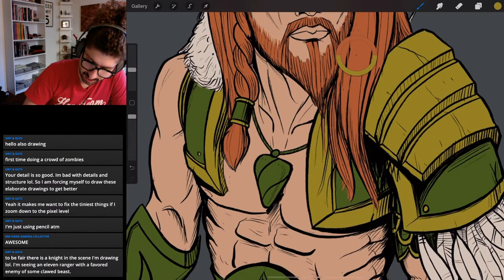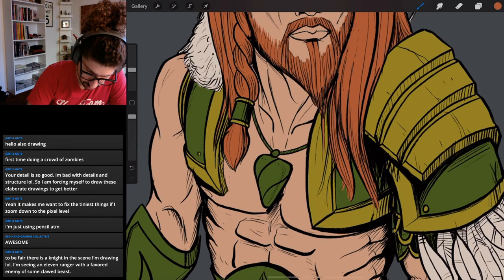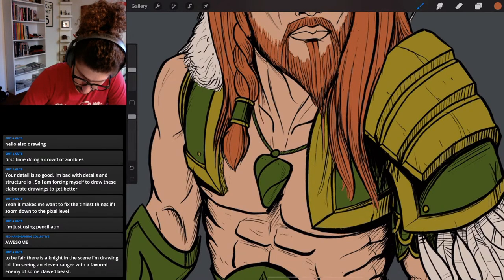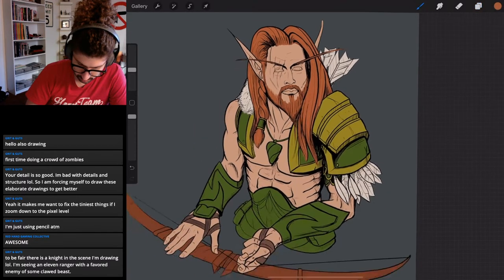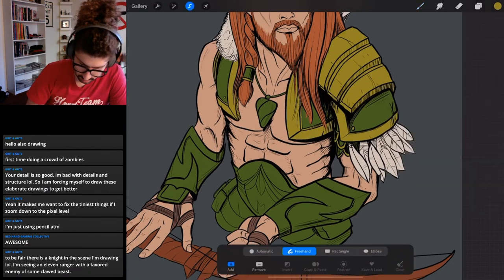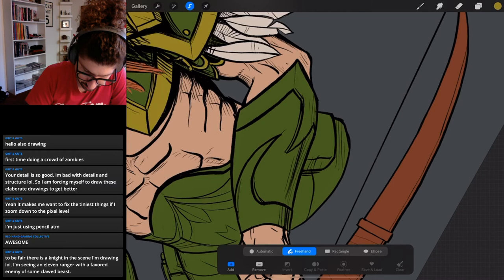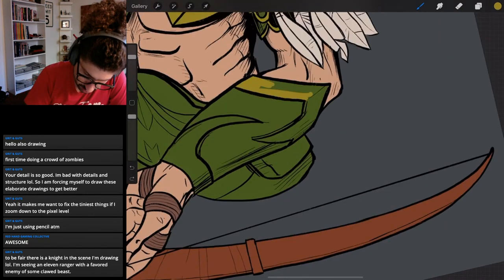Okay, let's get the hair out again. Go to the hair layer. Fill these little hairs, I guess. Okay. Let's do the same thing to the bracers. We're gonna pick that color. Okay. I think I'm just gonna do that here. Sometimes it's almost easier to just go ahead and